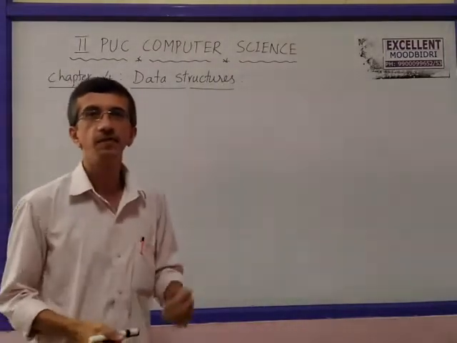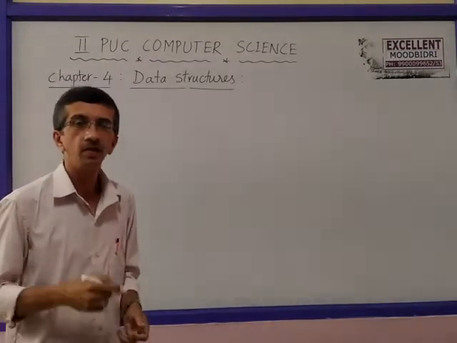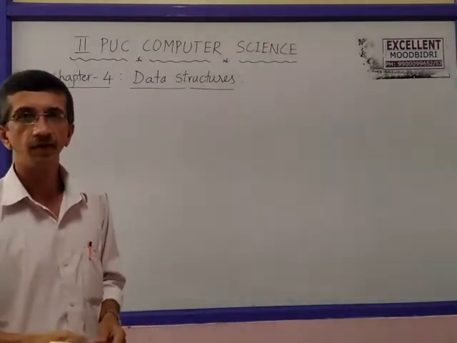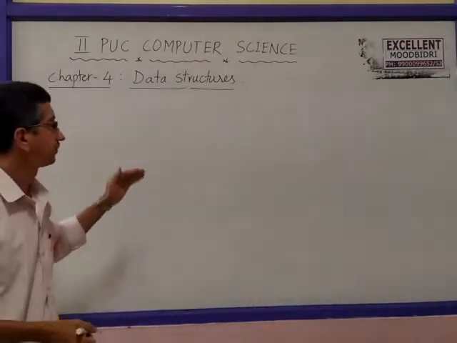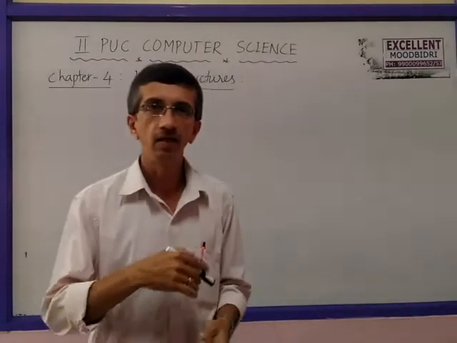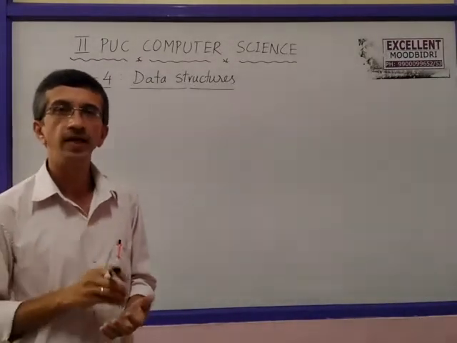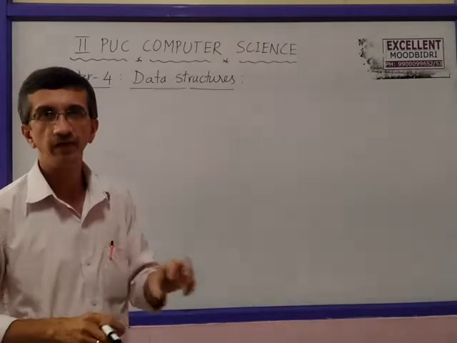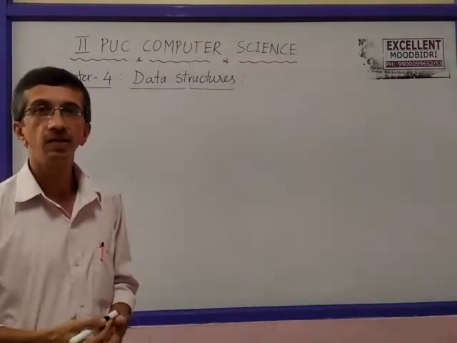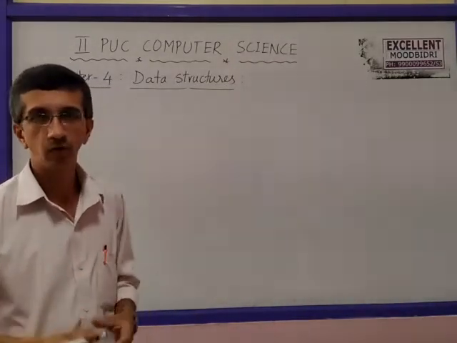Hello students. In the previous class, we have seen the linear search algorithm where search happens sequentially. Correct? Algorithm we have seen, also the program we have written. The search starts from the first item of the array until we get the search element or until we come to the last item of the array. If the element we are searching for is found anywhere, the index of that one is taken and it is displayed. In case it is not found, initially we set the location to -1 so that we can display accordingly.